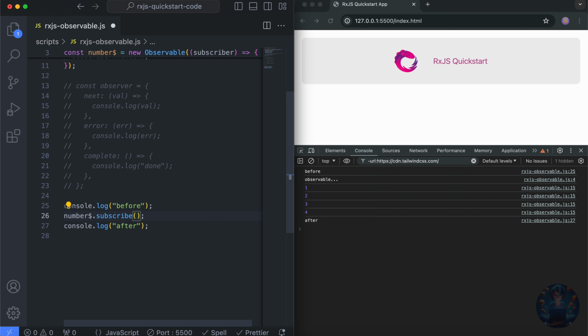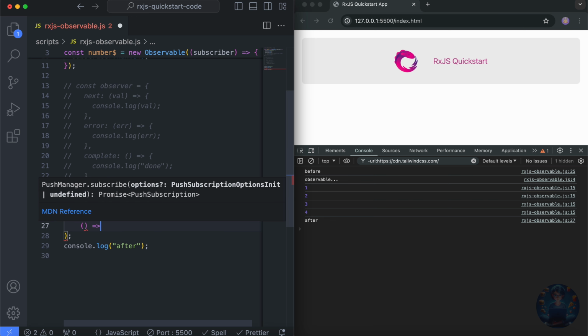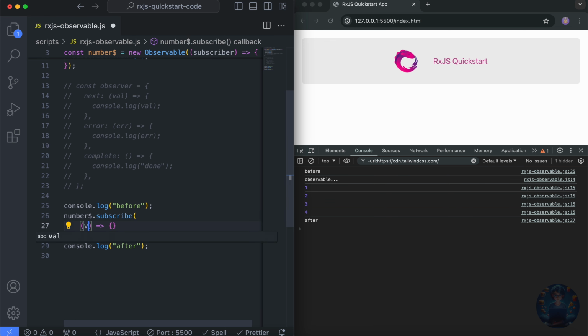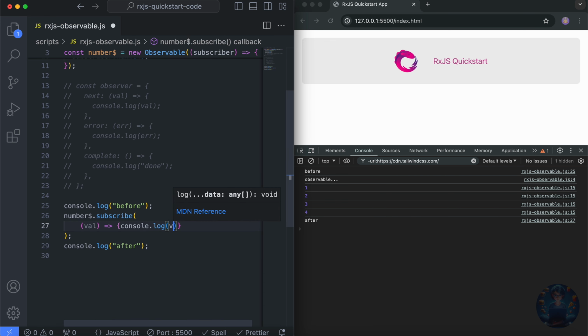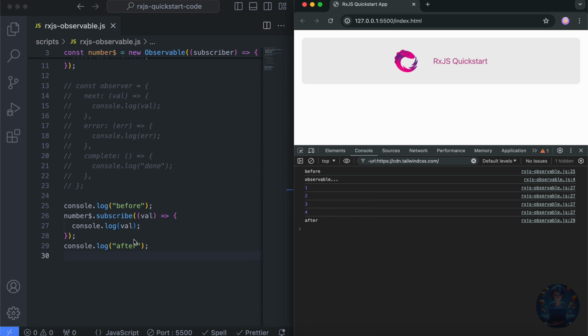So the first function is called the next function. You can just have it here and just log the statement. Save it. You can see 1, 2, 3 and 4. The first function is the next.